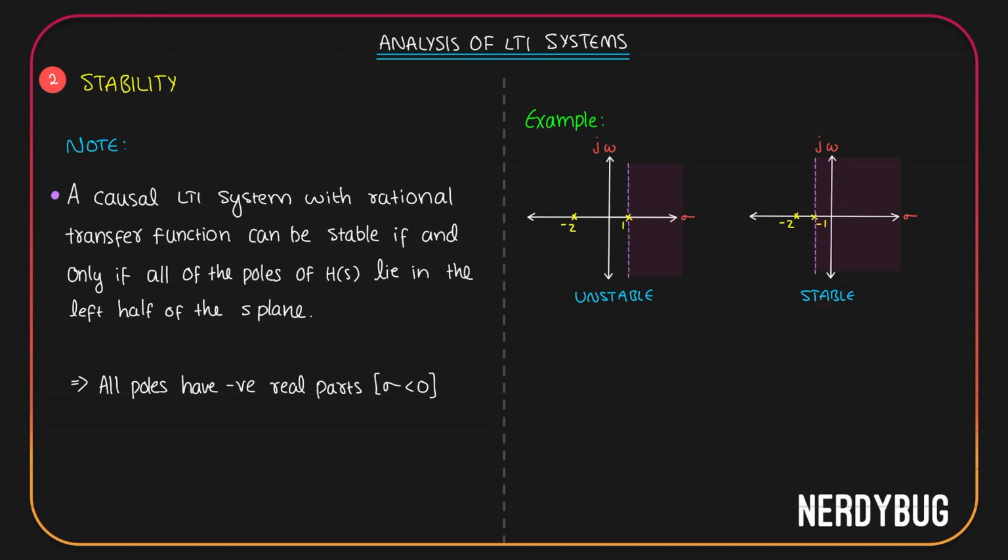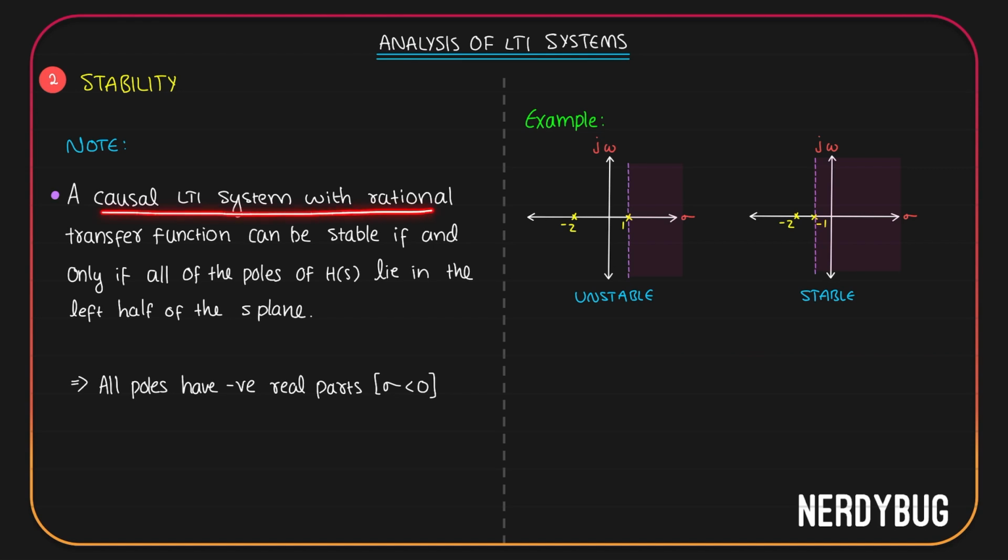You can see in the first one, there is a pole on the right half plane. For the second one, the poles are all on the left half plane. What would happen if we had a pole over here? Then since this is causal, the ROC will have to be towards the right of the rightmost pole, which is this now. And then it will not contain the j omega axis. That is what we have written over here.